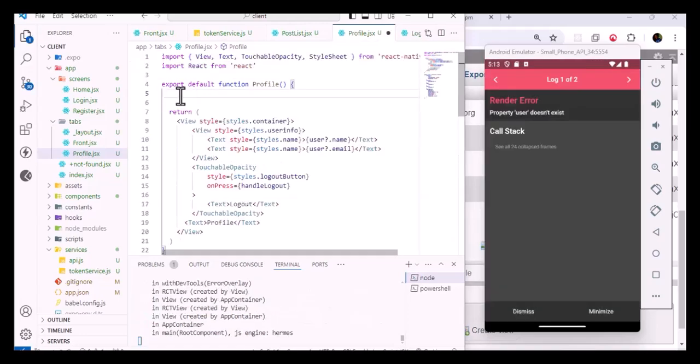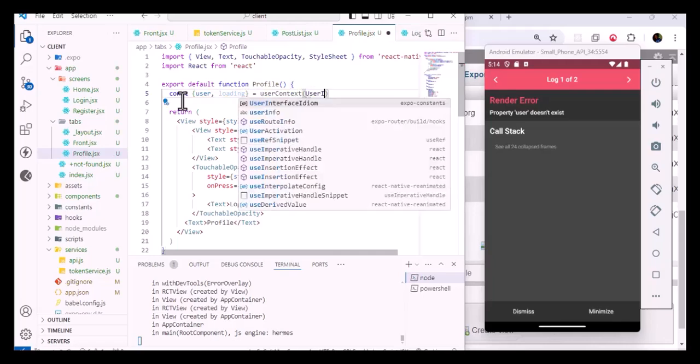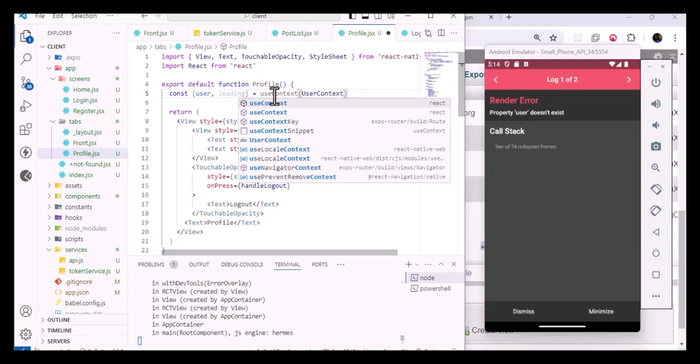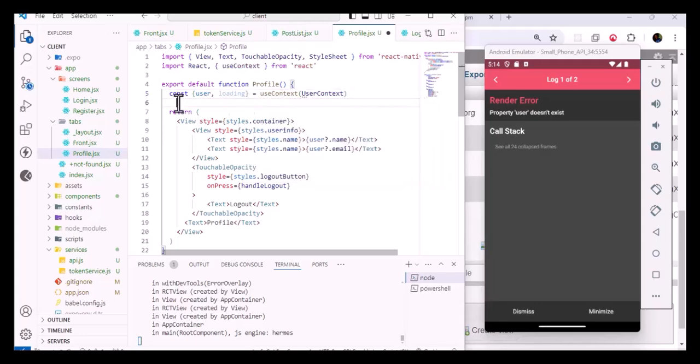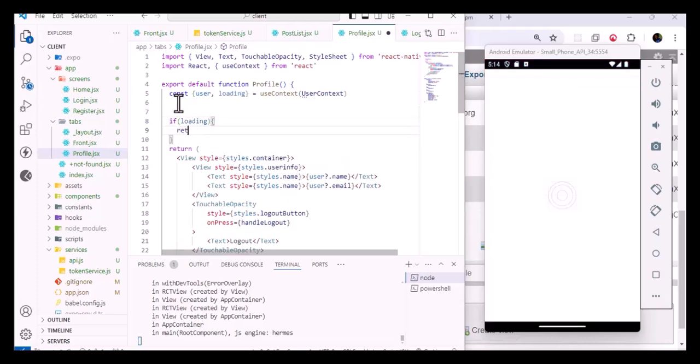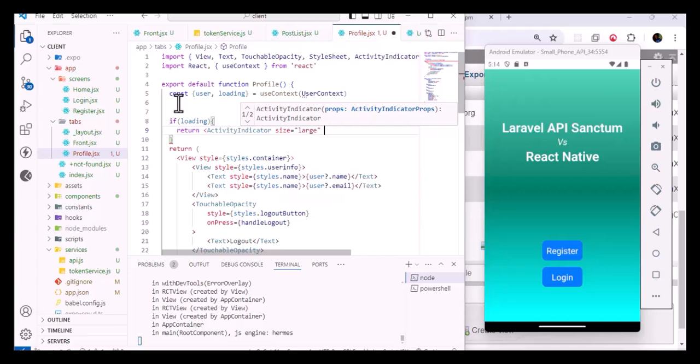Now let's fetch the data. So let's import some data, const user or loading from user context. We will create context, user context. So not user, use context here, and let's import it from React here. Now, if it is loading, we return simply activity indicator size of large. That's it. If it is not, we handle